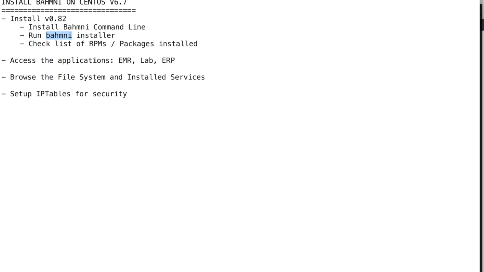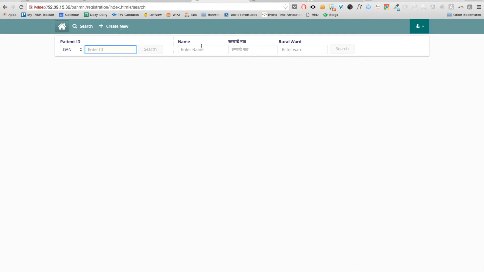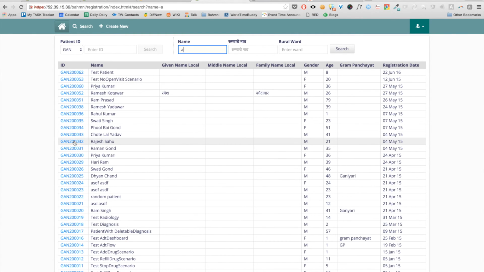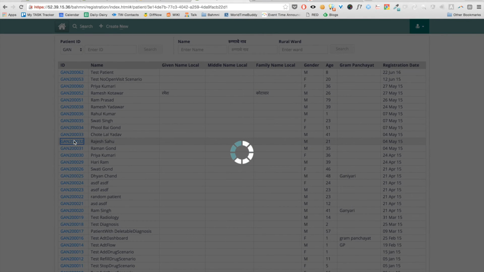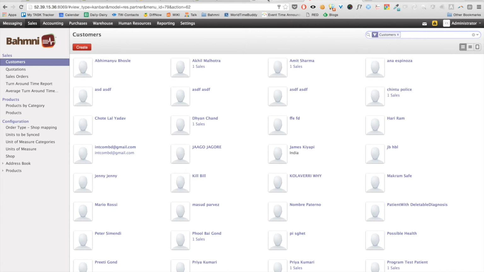Okay, so what all did we do? We installed Bahmni, we set up the config files, then we ran Bahmni installer, checked the list of packages installed, then we accessed the applications which are visible here, like for instance here, patients, and then similarly here's the lab information system, and here's the ERP system.